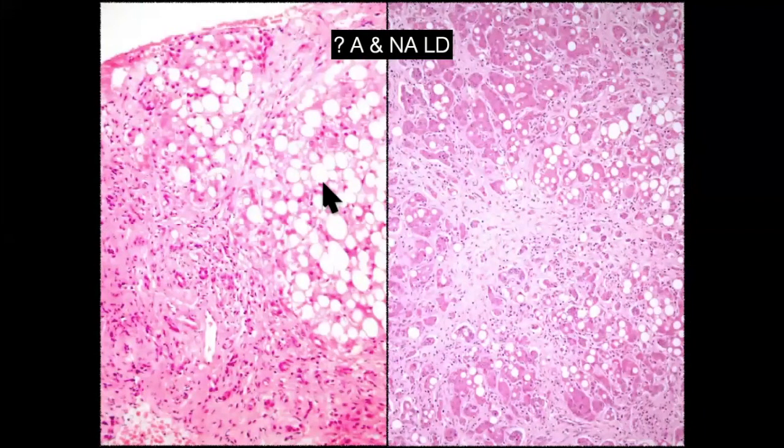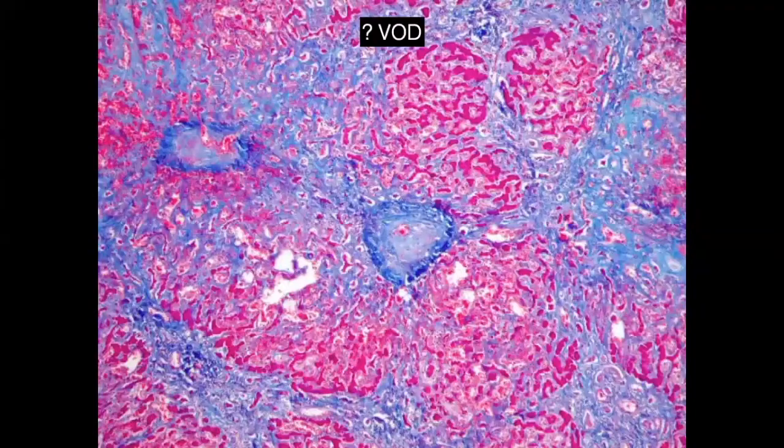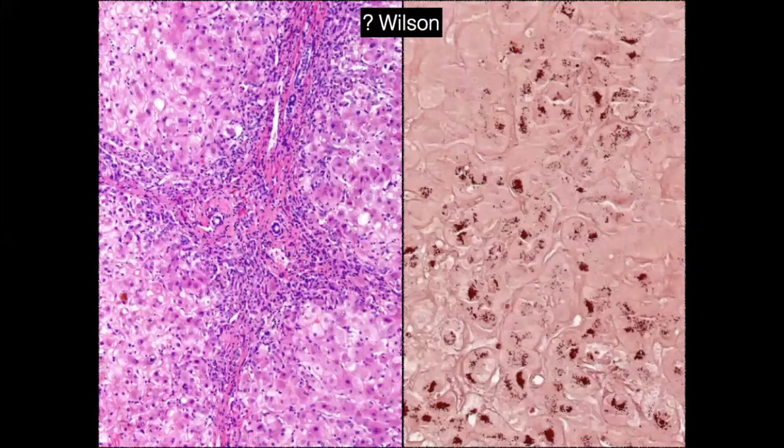And whenever you see fatty change in the background hepatocytes in a case of cirrhosis, think of non-alcoholic or alcoholic liver disease as the etiological factor. And I hope you all agree on the diagnosis of cirrhosis here. Architecture is gone. It looks more greenish rather than pinkish. And see the sclerosis. When you see a central sclerosis with a possible lumen in the middle, we have to think of veno-occlusive disease.